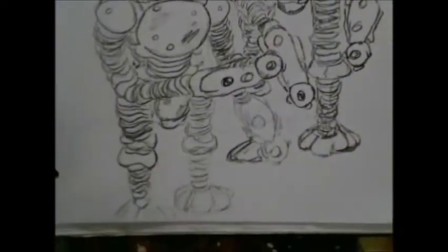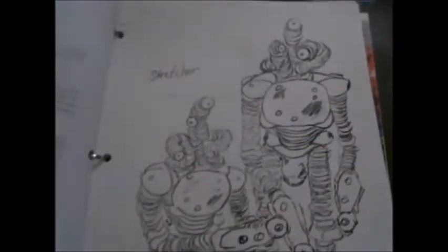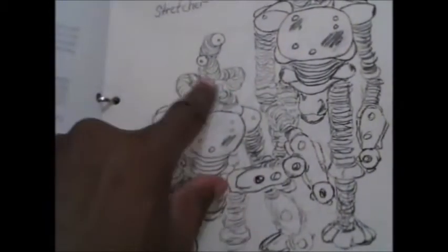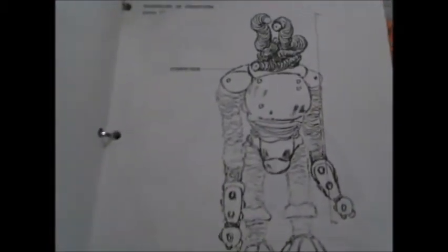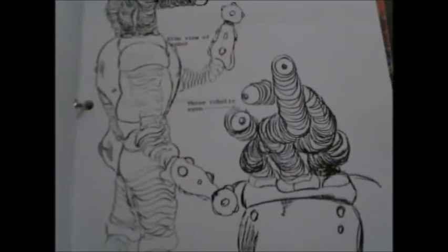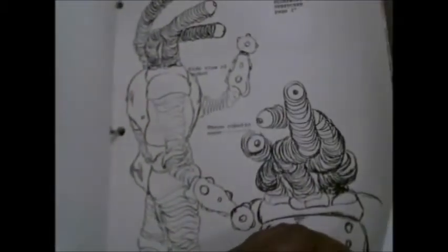This is Stretcher here. I wanted to get him looking as plain as possible, but don't underestimate him, and that's where you make your mistake. Now he originally starts 5 feet tall, but he can stretch up another 5 feet, which makes him 10 feet in all. And he's got these mechanical eyes that continually move in all directions all the time. Another shot of him, Stretcher. Another shot of his mechanical eyes that constantly move. And the side shot over there. He looks primitive, but